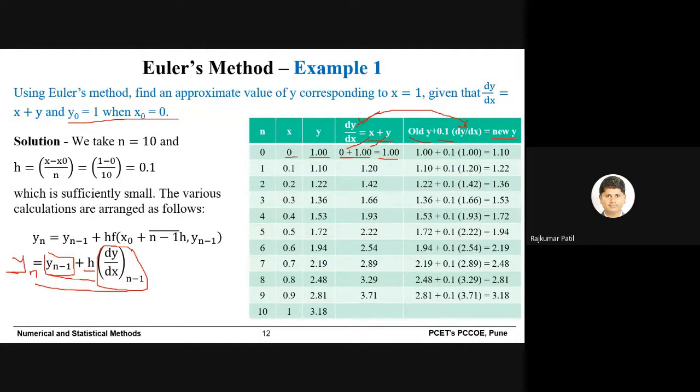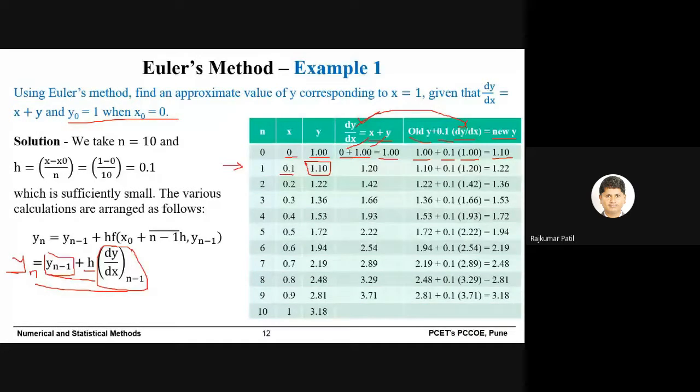Okay, so old y is 1, then h is 0.1, and dy by dx we estimated in the previous column and its value is 1. So 1 plus 0.1 into 1, you will get the new y as 1.1. So this will be your first iteration for y, and its answer is 1.1. And that value you need to take here. You can see in the table, row number 3. Then for the second iteration,